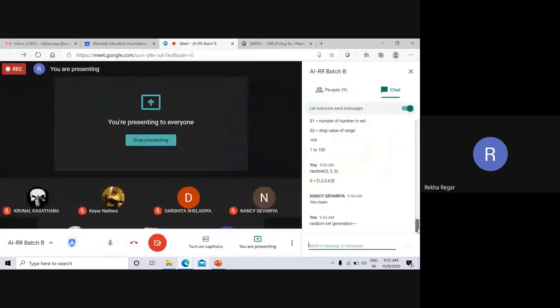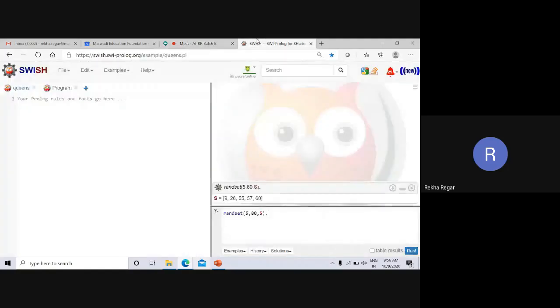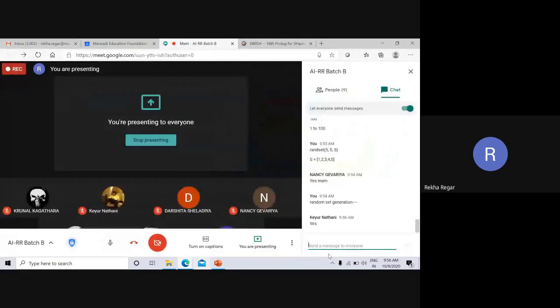So guys, are you getting the idea of this random set? This is one line syntax only, nothing else. Suppose I have to get 7 elements and I have to pass the range 1 to 900.